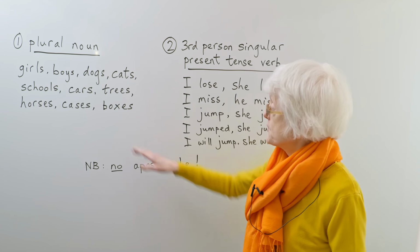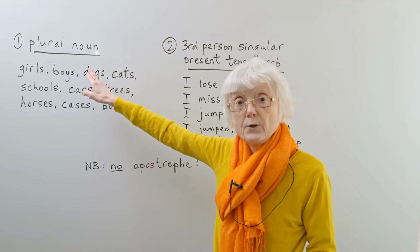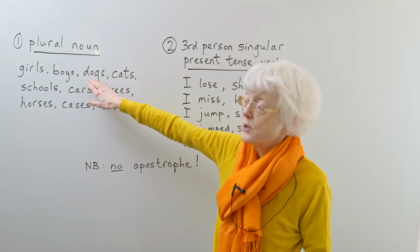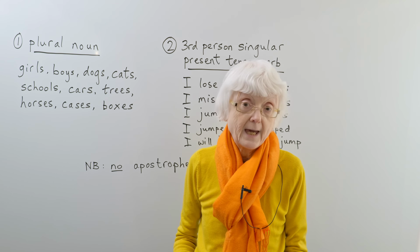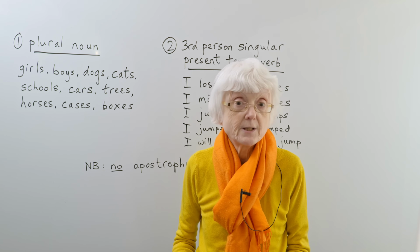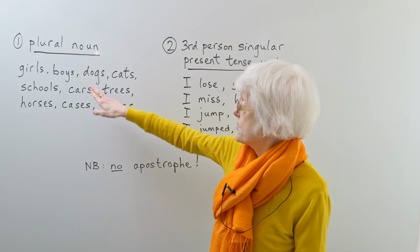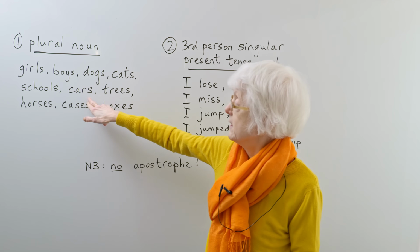Okay. So first of all, nice and simple, we add an S, usually on a plural noun. If you have a noun like girl, more than one girl will be girls, and boy becomes boys, dog, dogs, cat, cats, etc. So most plurals in English, you just add an S. There are a few irregular plurals where you don't, like foot and feet, tooth and teeth, but most nouns you add an S. So obviously that's what happens, just an S at the end. Schools, cars, trees,